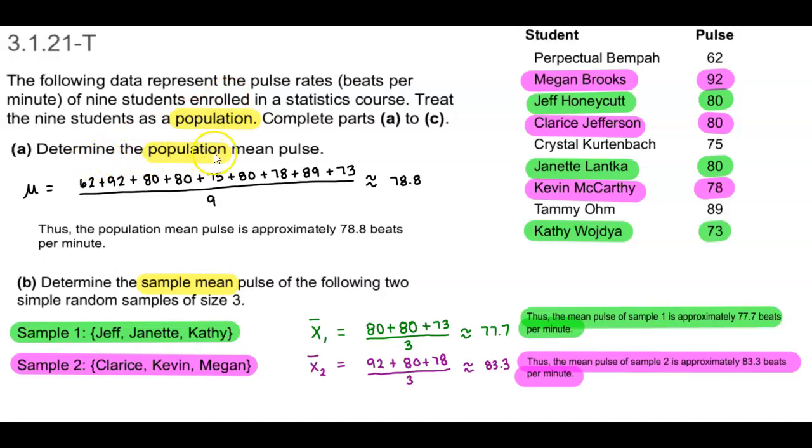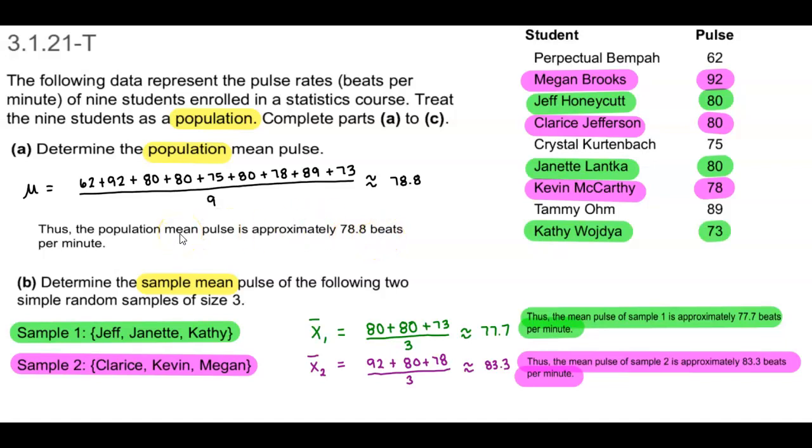So we're going to determine the population mean pulse. Remember that the symbol for the population mean is mu, since we're treating this as a population. So we take all the pulse rates, which are 9, and we're going to add them up in the numerator and divide it by 9, and therefore, rounded to 1 decimal place, the population mean is approximately 78.8 beats per